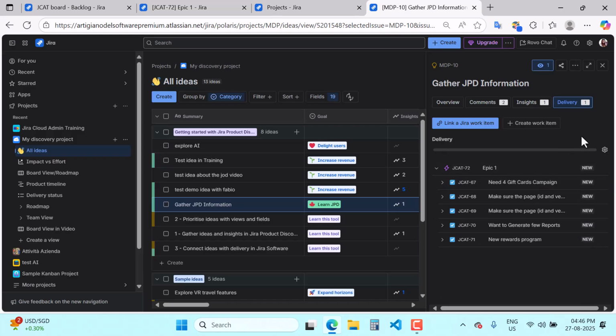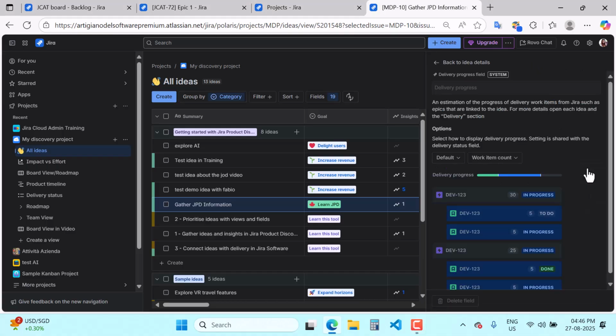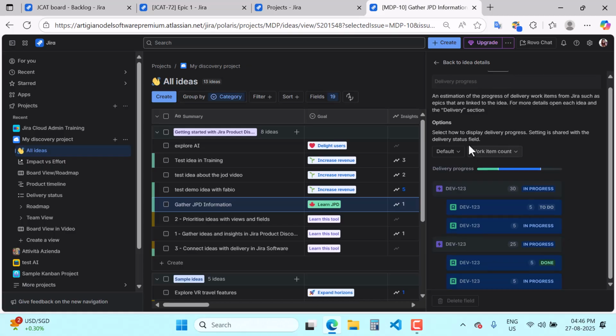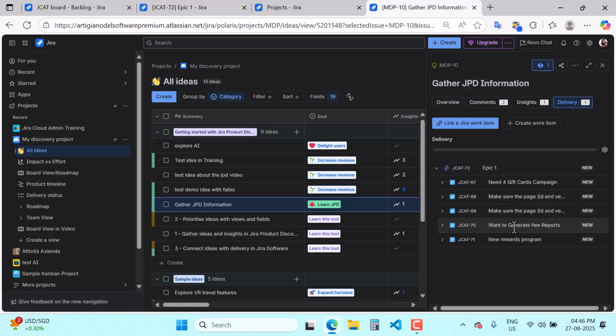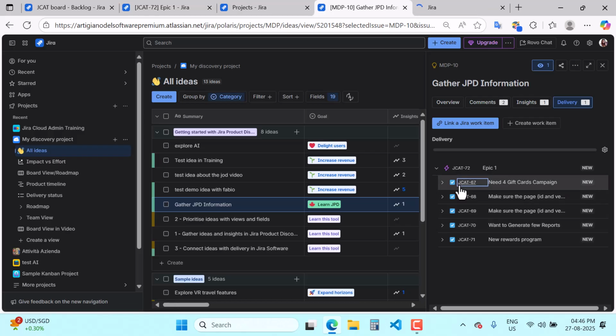And here, after connecting the Jira work item, you can see this delivery progress bar which will show you your delivery progress, and we have a setting for that. If you click on configure delivery progress, you have an option for how to display the delivery progress. We have an option to show the default or simple. If you click on simple, this is how it will look, but I will go with the default. Or you can choose the work item count or the story point basis progress, I will go with the work item count. Now I will click on back to details, and here I will open this JCAT 67,